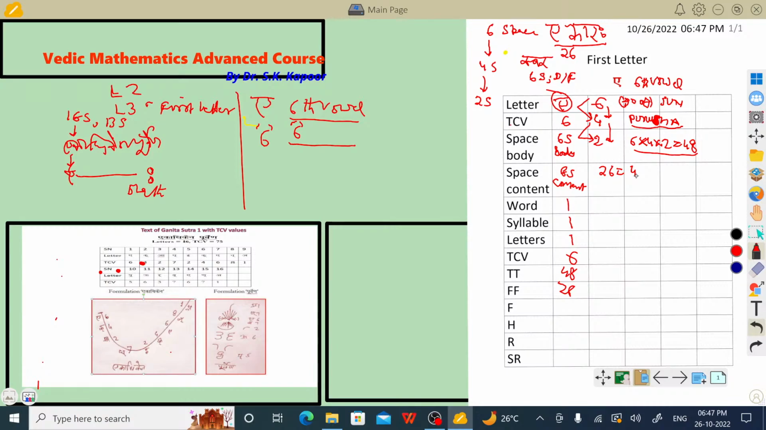Let us have a pause here and let us revisit the text of Ganita Sutra 1. The fourth letter is Dha and it is of TC value 7. The placement of Dha is such that it is of TC value 7 and it is the origin fold. So 7 space as origin is the placement feature of the letter Dha. And we know that 6, 4 and 2 as Rishi